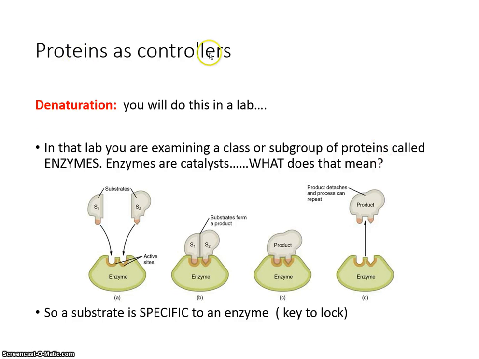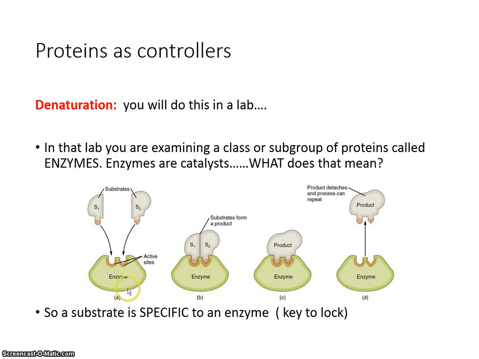Okay, proteins are the controllers, as we said. They do most of the functions because we have energy taken care of. We have all the energy we need to do our reactions. Now we just need some molecule to actually do these functions, right? So I mentioned here that they control, and that's the job of enzymes, right? They're catalysts, and they control rates of reactions. So we want to introduce this vocabulary, denaturation. And you're going to do this in the lab too. You're going to denature an enzyme, and the enzyme actually has a name, catalase, so don't confuse that with catalyst. Catalyst is a job, catalase is a name, right?